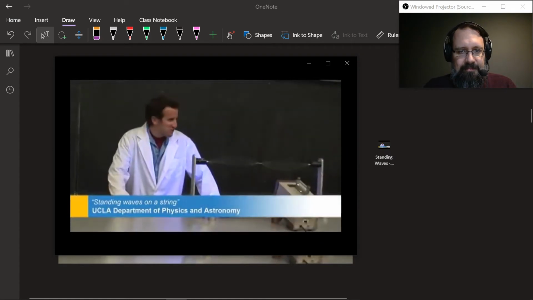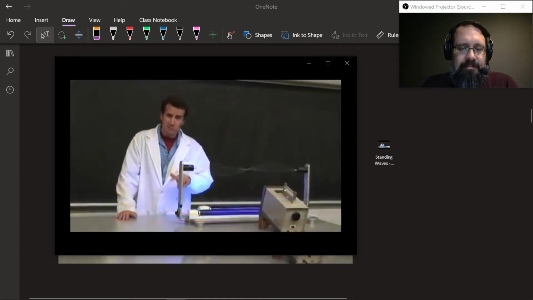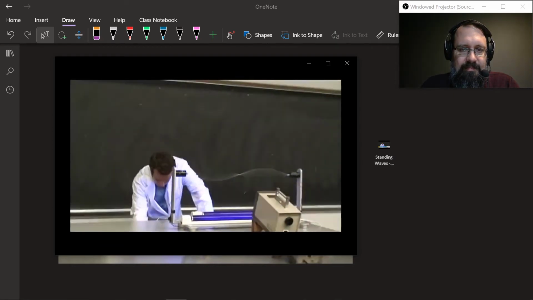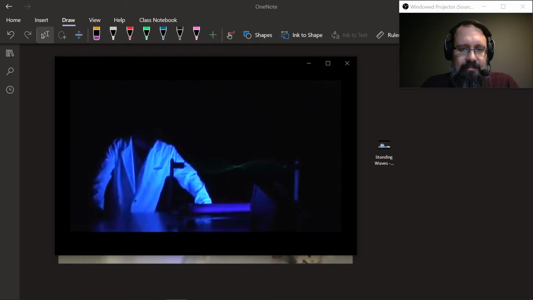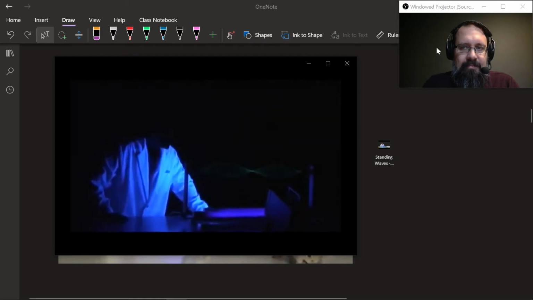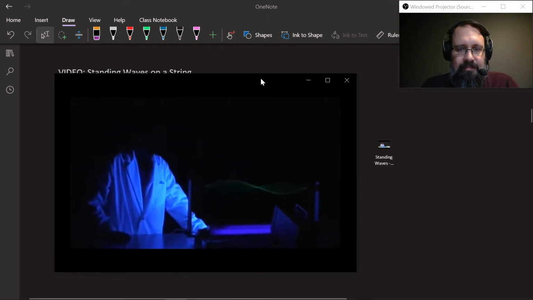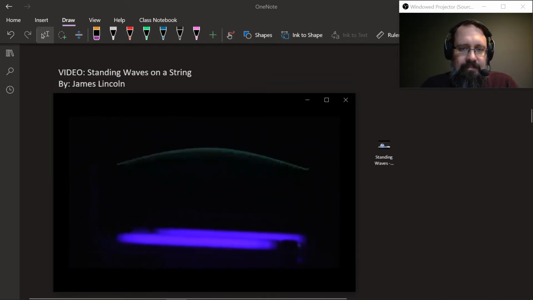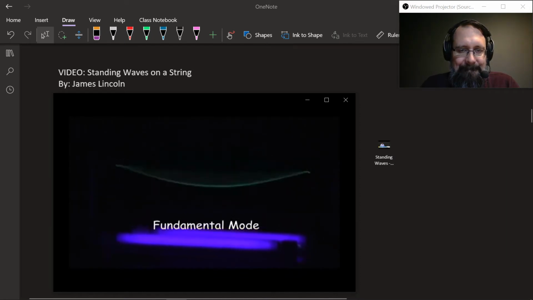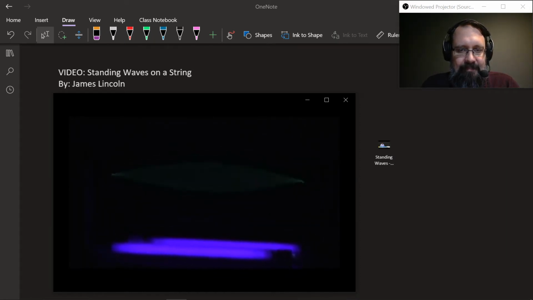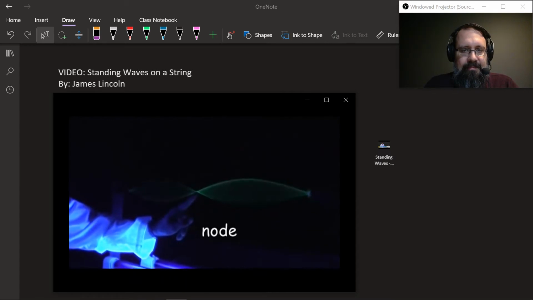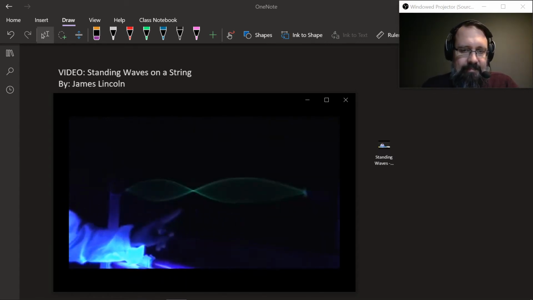This is a device used to demonstrate standing waves. Now, despite the name, the waves are actually reflecting back and forth across the string. They're not standing at all. These fluorescent lights allow the string to glow so it's more visible in the dark. Here's the first standing wave, or fundamental mode. Notice that half of a wavelength is visible, or another way to say it is, twice the rope's length is one wavelength. The second harmonic has a node in the middle, a place of zero movement, and two antinodes,